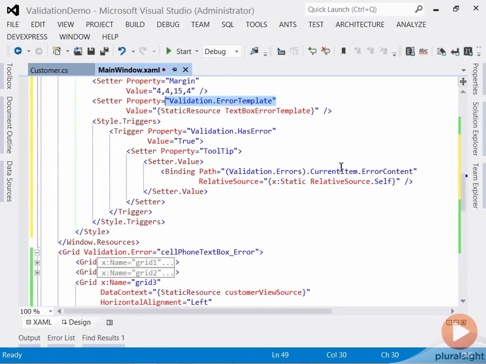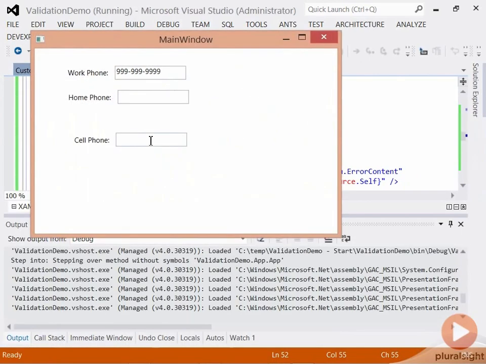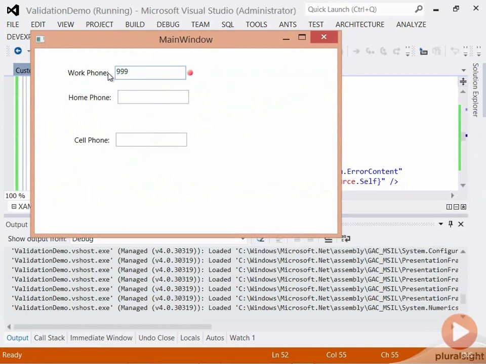In addition, we want a tooltip on these controls as well. So similar to the style trigger that we put separately, we embed that same tooltip using the validation errors current item error content when there is an error on the control. So with that in place, we can run. And remember, on the cell phone, we had applied a style explicitly for the tooltip, but the other two don't have a style applied. So we can see that now we get that red dot to the right